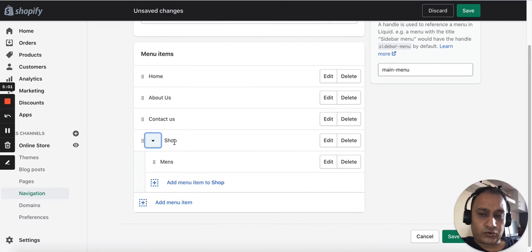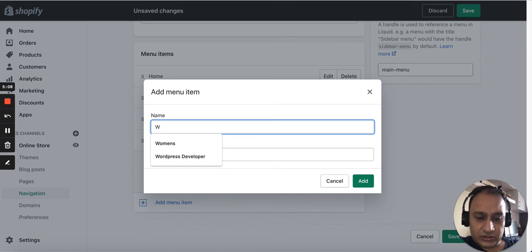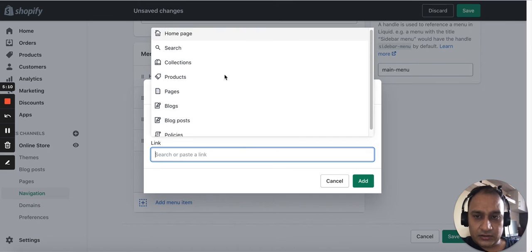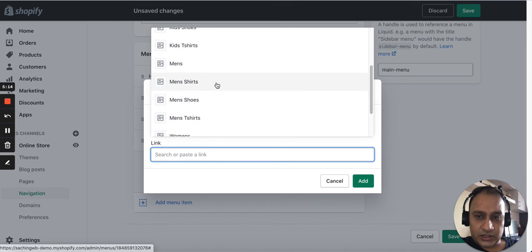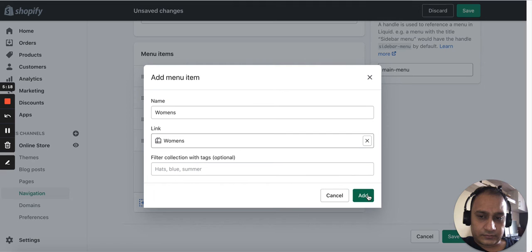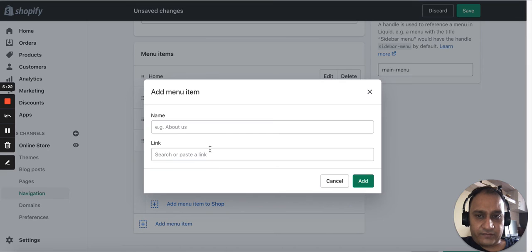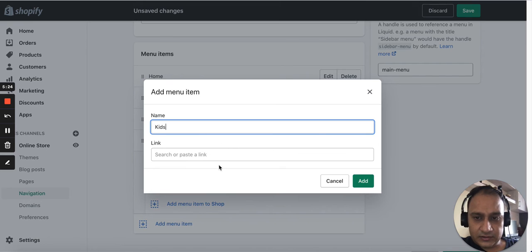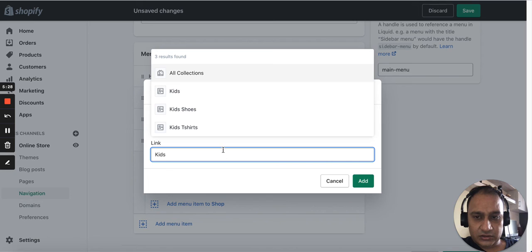Now if you want to have men's, women's and kids under shop, just click here, add menu items. I will search women's, select collection, search for women's and add it. Okay, I will add one more like kids. Again you can search directly, or even you can search into the collections.